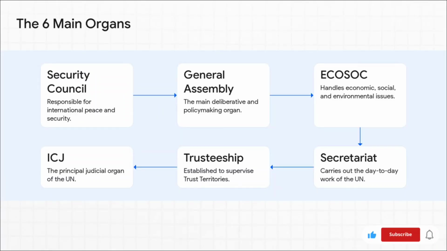So at the heart of the UN, you've got these 6 main organs. Now, trying to remember all 6 under exam pressure, yeah, that can be tough. So I've got a great mnemonic for you. Just remember this phrase, "secure generals economically and through justice." Let's break it down. S for Security Council, G for General Assembly, E for ECOSOC, A for Secretariat, T for Trusteeship Council, and J for the International Court of Justice. See? Super easy to remember.